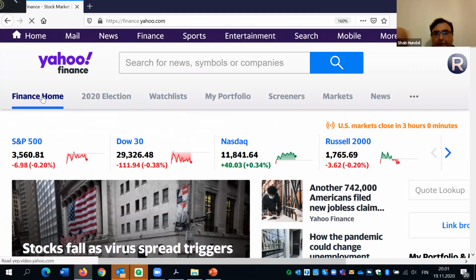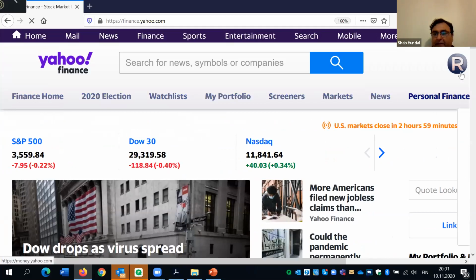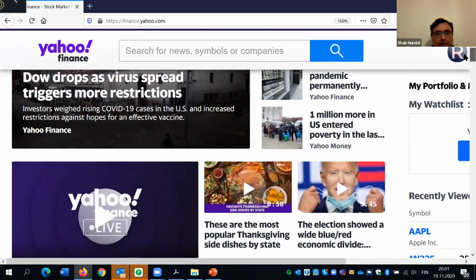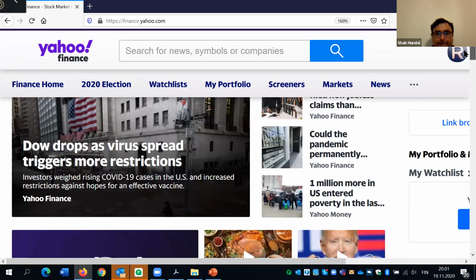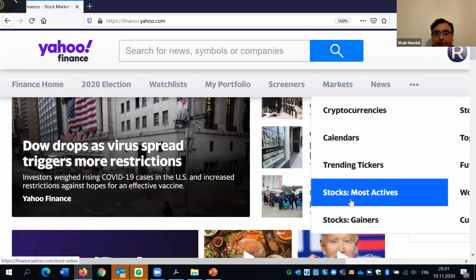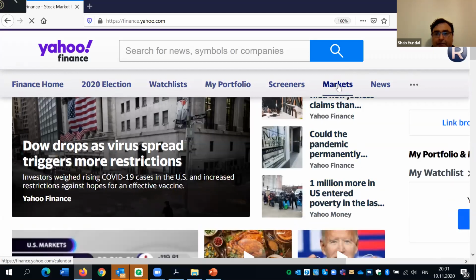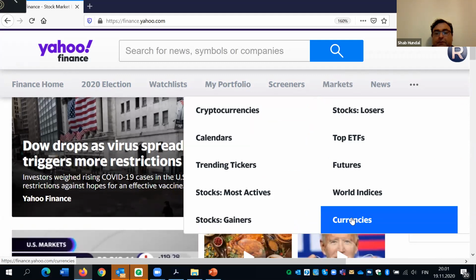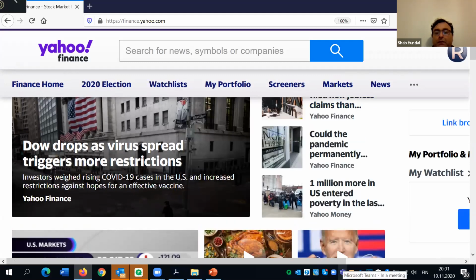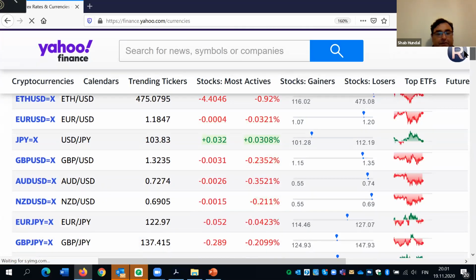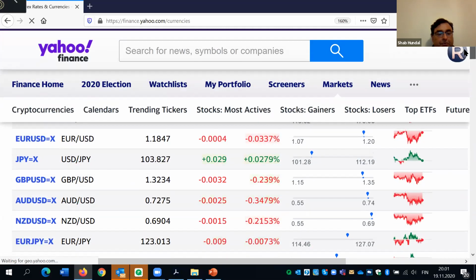Unfortunately, because of this recording, there are so many buttons around me that I can't see the page properly. Markets here. Oh, there was currencies. Okay, here we go. Now you can see that there is a page of the currencies. You can see the Euro versus US dollar, then Japanese yen, the British pound, Australian dollars, New Zealand dollars, and